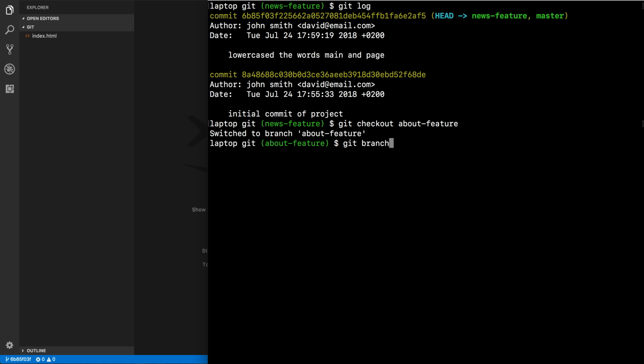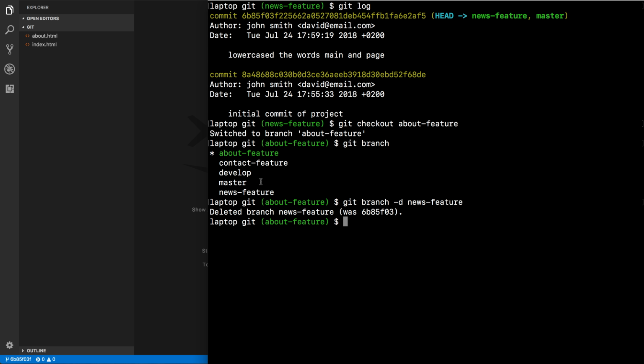and then git branch, all right. So now we've created this news feature. The management team then comes to us and says, hey guys, sorry about it, I know you've done the work, but the news feature, we don't need it anymore, all right, so this can be scrapped. So we go, okay, so we say git branch capital D. Capital D means delete, all right, and we say news feature. Now I believe if we use a small d and then say news feature, it says deleted branch news feature, all right, but